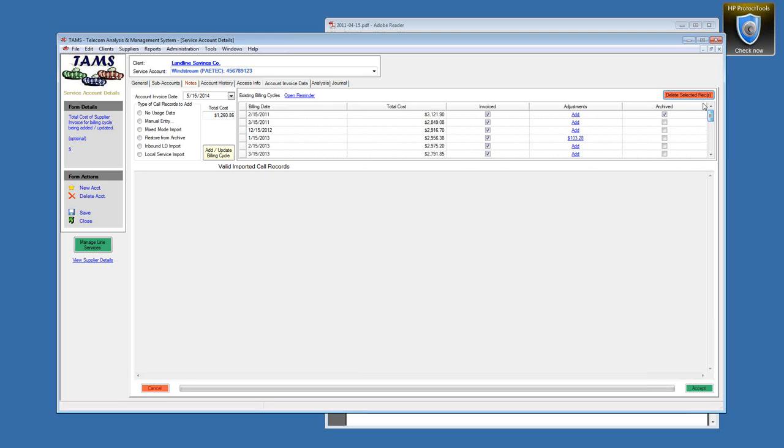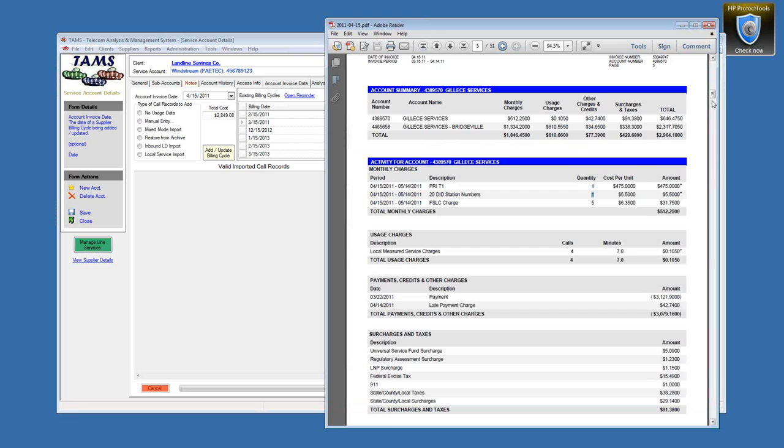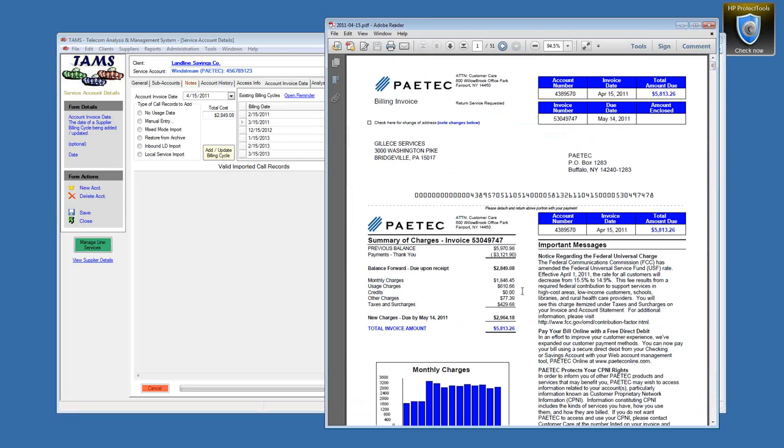And I'm going to re-add it. Now notice there's a gap. I have February, March, and then it jumps to 2012, and then starts with 2013. So let's just take the 4/15 of 2011, and we'll look at the bill, and we'll see that their current